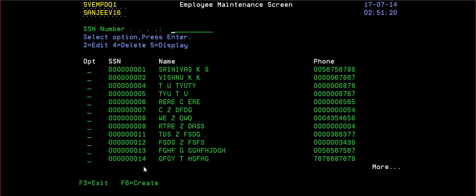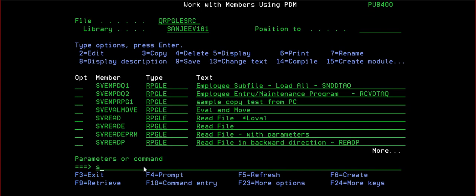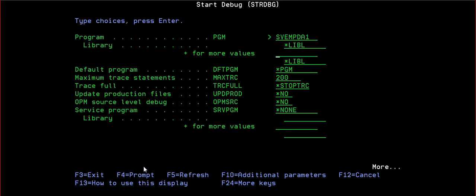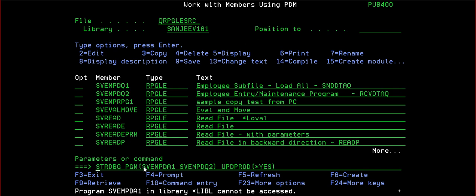Oh, I did not start the debug, right? strdbg svemp dq1, so svemp dq2 also I put. Update production equal to star yes. dq. Oh, sorry.